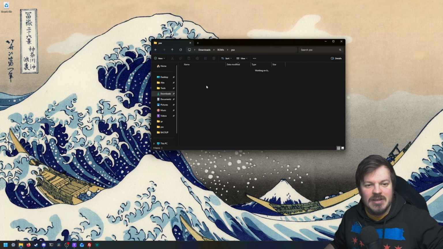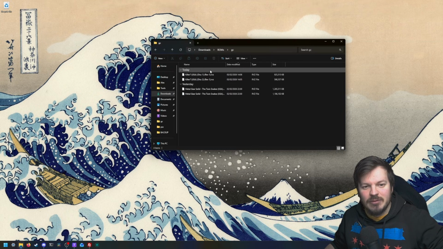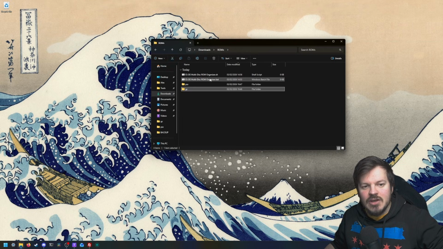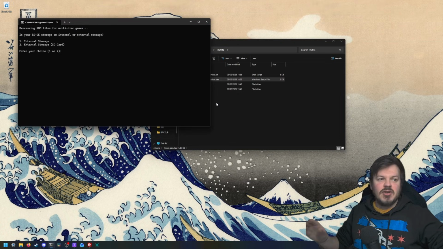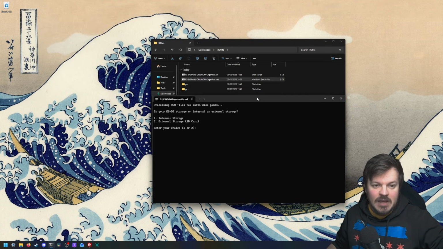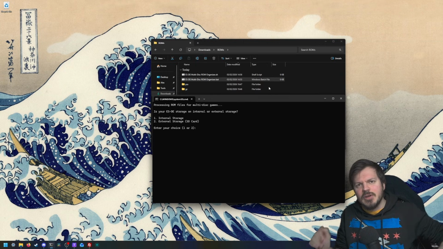So if we look in here, I've got my nice legally acquired ROMs in my PlayStation folder there, and then I've got a couple of games in here, multi-disc GameCube games, RVZ files. So all I'm going to do is open up this batch file, and it's going to pop up your command prompt. The first thing it's going to ask you, and this is something I briefly covered in my splitting the ROMs folder guide,